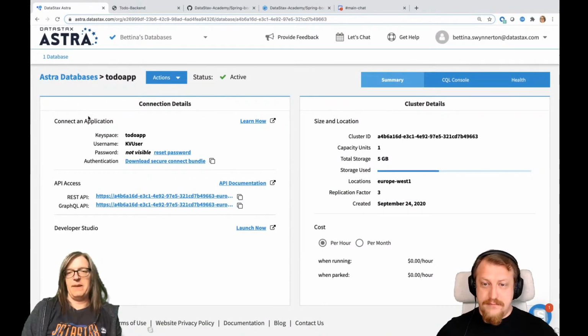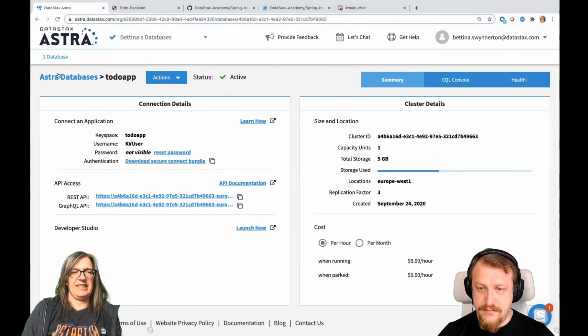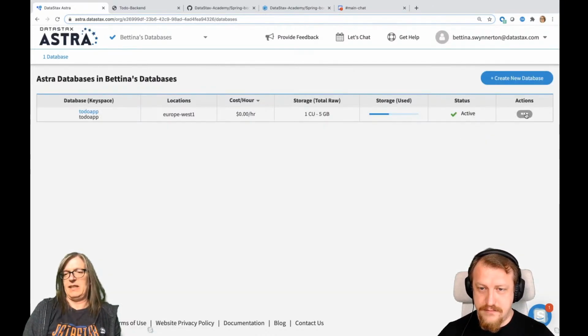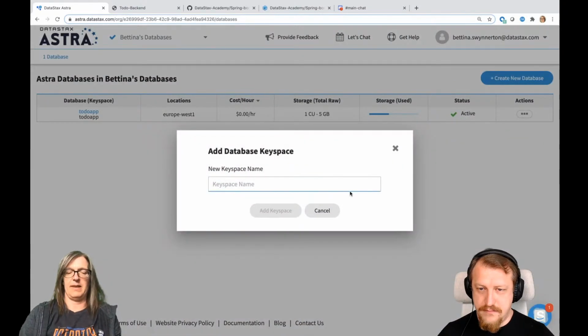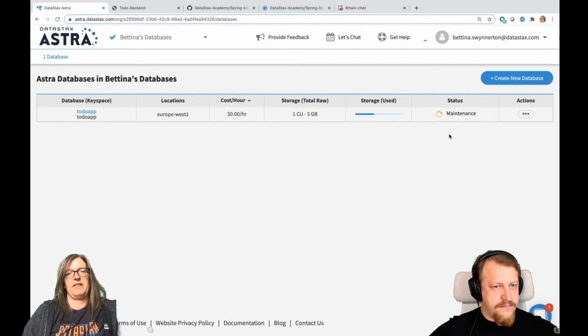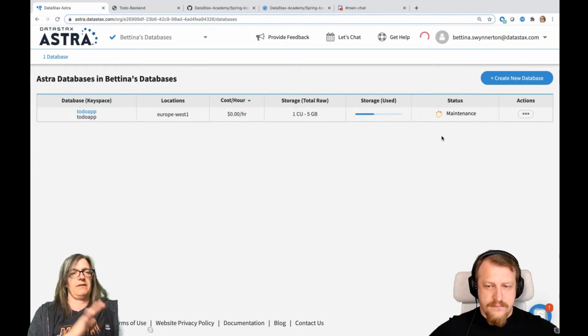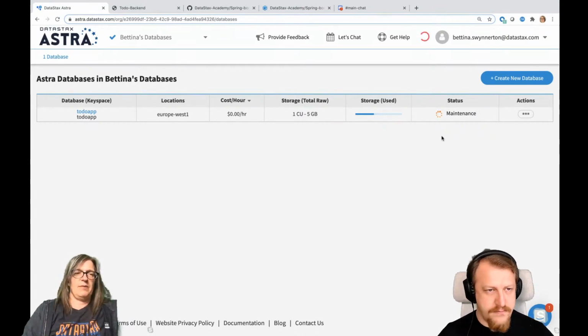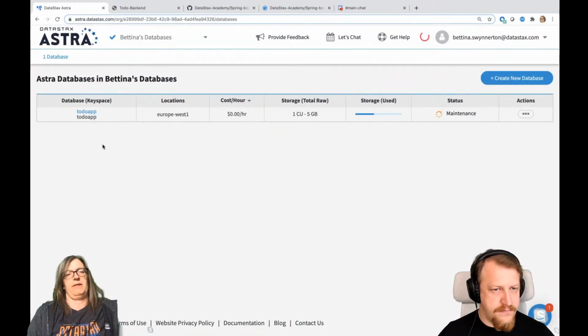But I think the problem that you're seeing is that the UI is not catching up to it. So if I put another keyspace in that workshop and add it here, it might not show anything for you, right? Here it actually says you get a brief maintenance period, and it might continue to spin for a while. So you have to wait to let that settle. But afterwards, you might not actually see it here, and I think that's a UI problem, because we introduced this very recently, that you can add the second keyspace to the free tier.